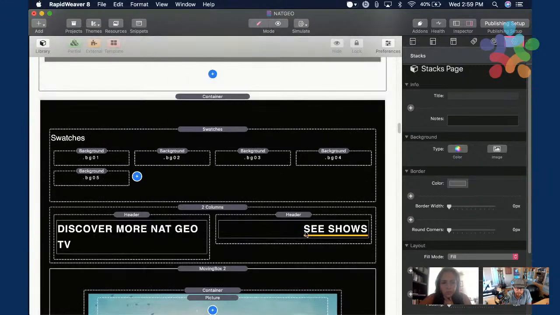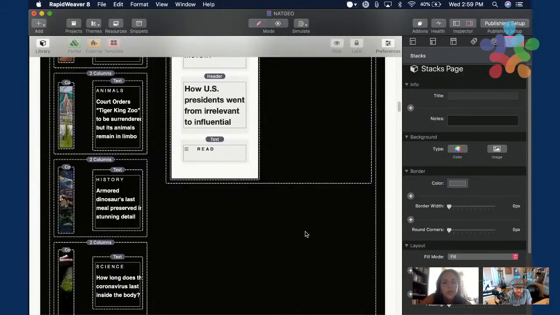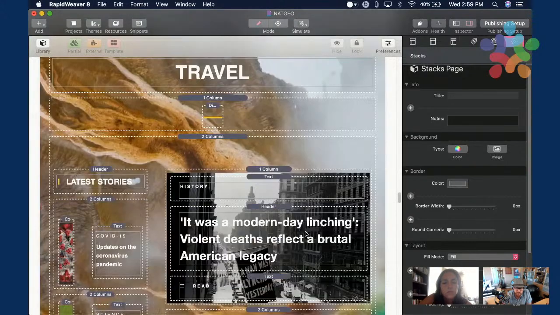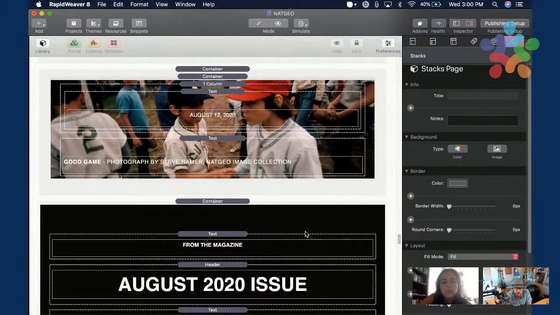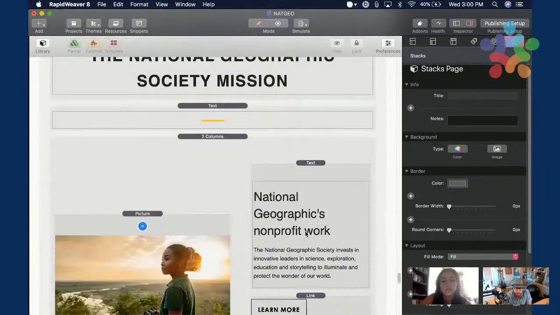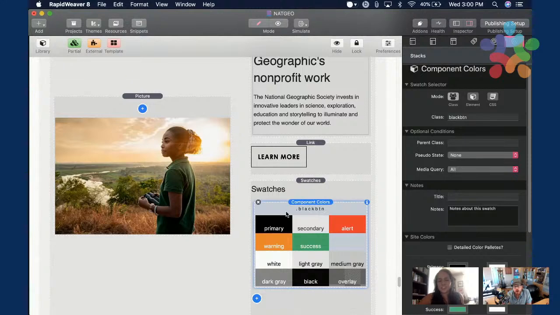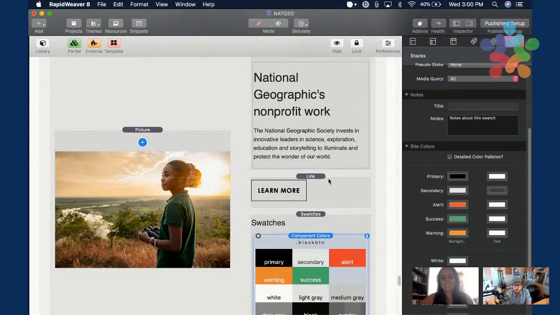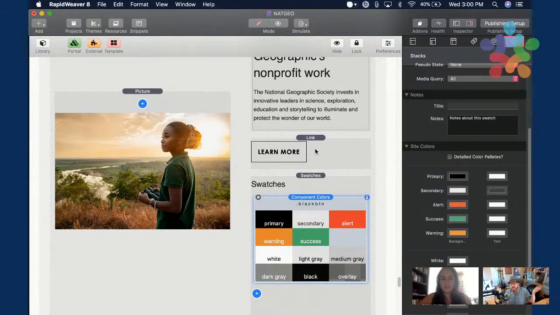Oh, did I add another one right there? Another swatch instance? Yeah, there it is. It's component. Oh, and then you set primary to be black. Yes. That makes perfect sense. That's what you're changing, the primary color to be black instead of yellow there.